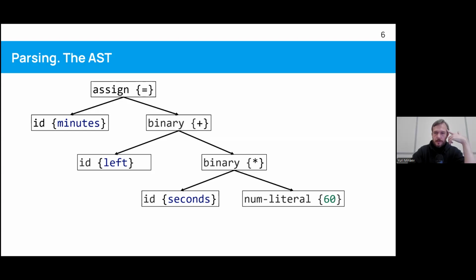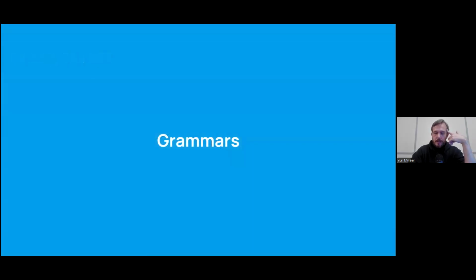Well, we have grammars for that. And in any language, in a programming language, in natural language, everywhere, we are dealing with grammars. In natural languages, usually we just ignore that. We kind of understand them intuitively. So we don't necessarily need to know theory behind it to understand what is spoken, right? But for a machine to know, we need to formalize it somehow.